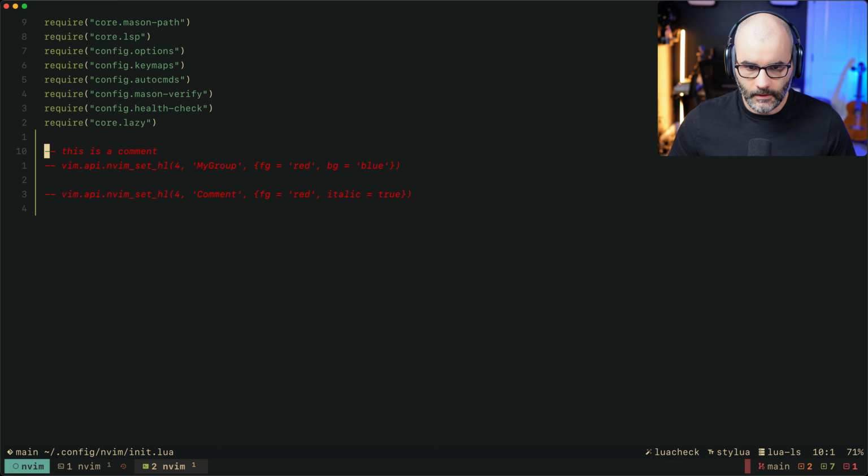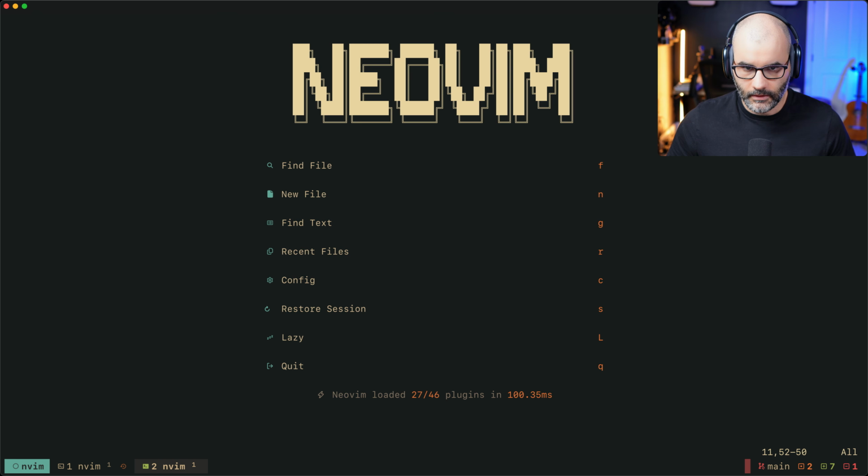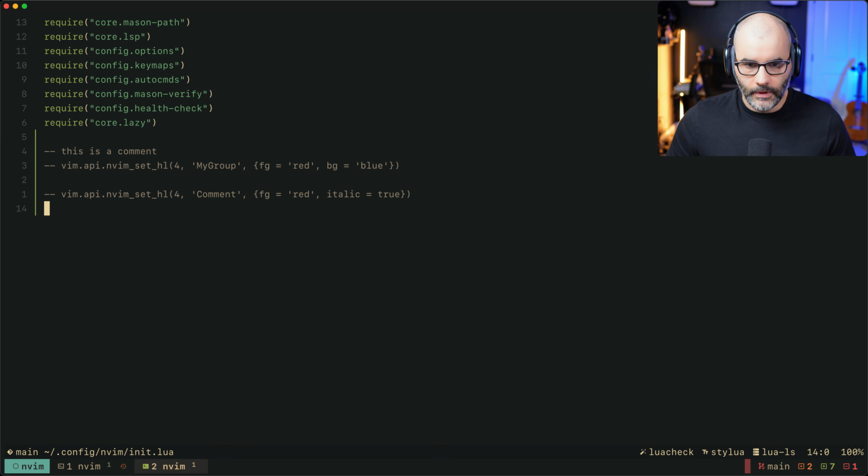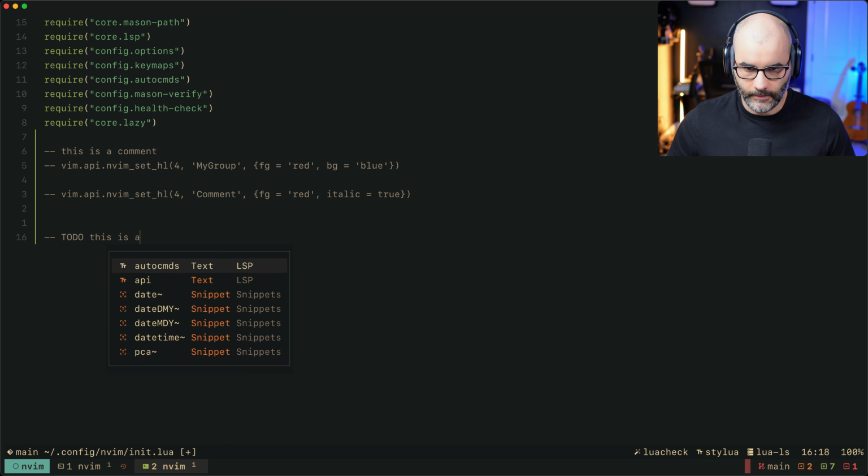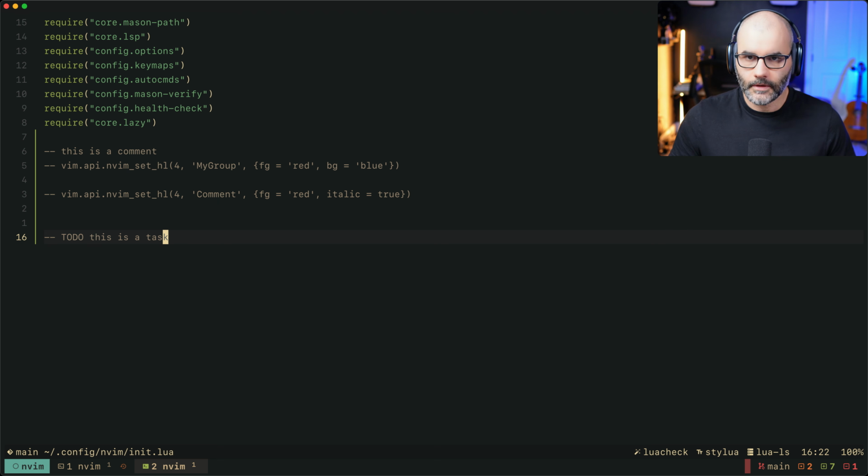So now let's take a look at some useful examples, I guess. So we know that we have to-dos in our code, right? So if I just restart this quickly, we know we have the concept of to-dos. So we can do to-do, this is a task or whatever, right? It's useful sometimes to make this highlighted differently than a comment. You have some plugins that do that usually, but let's say we want to do it ourselves. And to do so, obviously using highlight groups, we can do